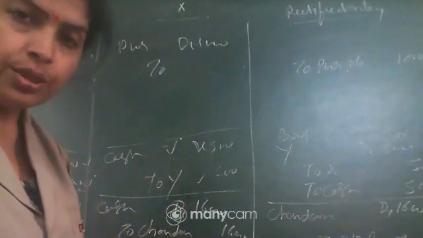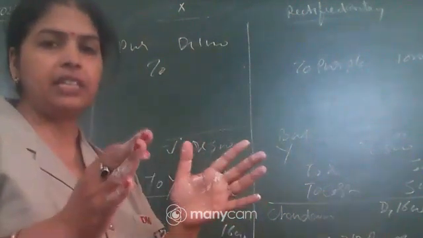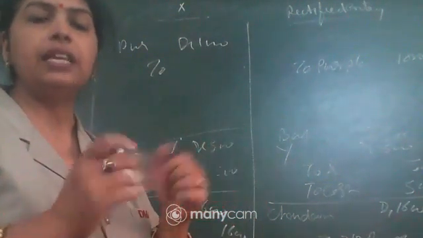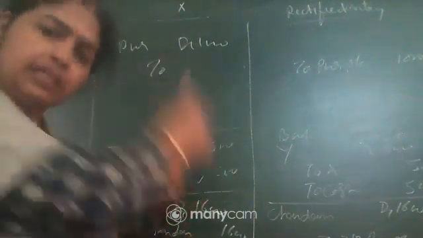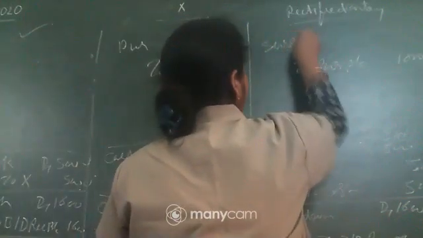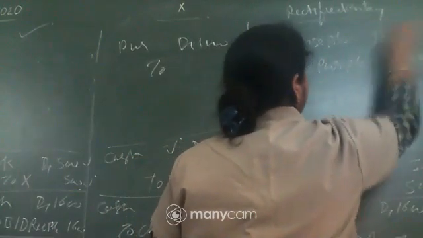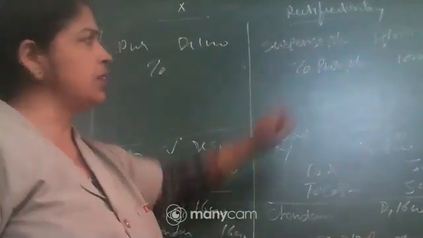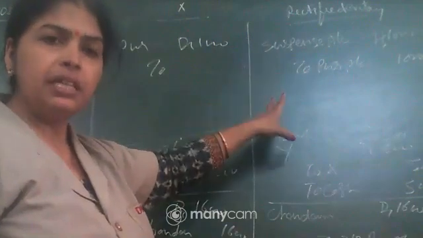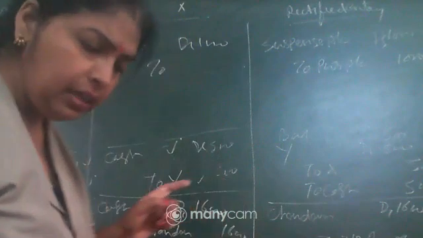suspense account. Do you remember when we were preparing trial balance and both the sides of trial balance, debit and credit, did not tally with each other? Then in such case, what we were doing? We were fulfilling it with suspense account. This is that suspense account. So here we write suspense account debit 1000. Now the journal entry is complete and it is rectified. I hope this is clear to everyone.